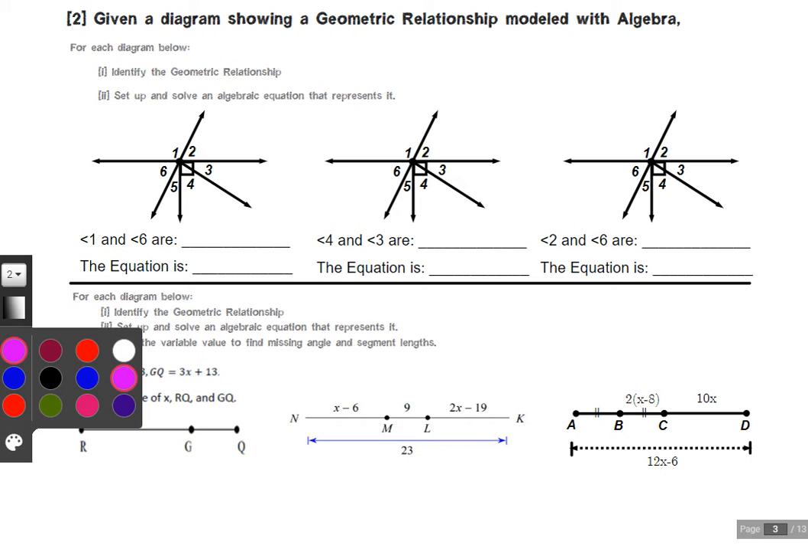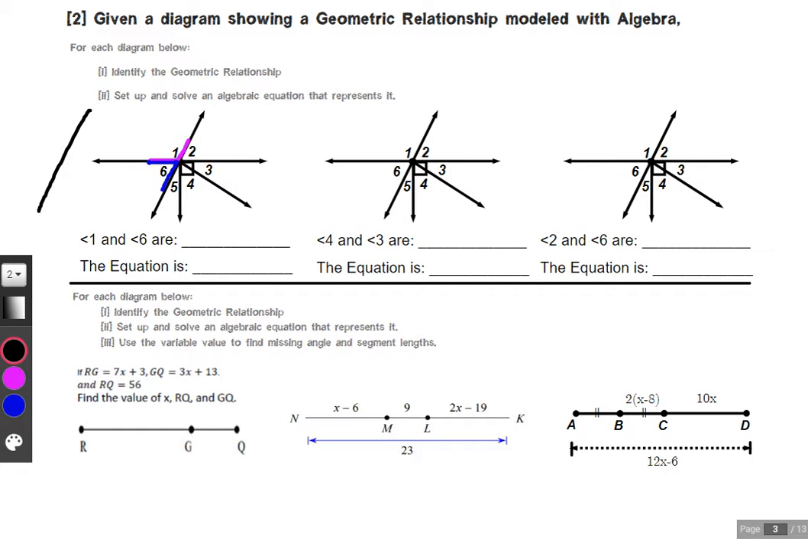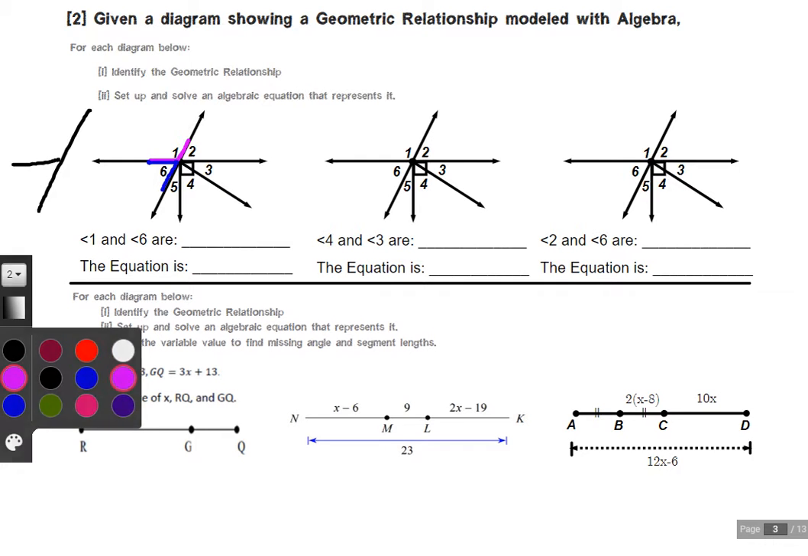So for this first one, we need angle 1 and angle 6. So here's angle 1, which I'm highlighting in pink, and here's angle 6, which I'm highlighting in blue. If you block out or ignore the rest of that diagram, or better yet, redraw it right next to it, here is 1 and here is 6. Hopefully we can recognize angle 1 and angle 6 forming this